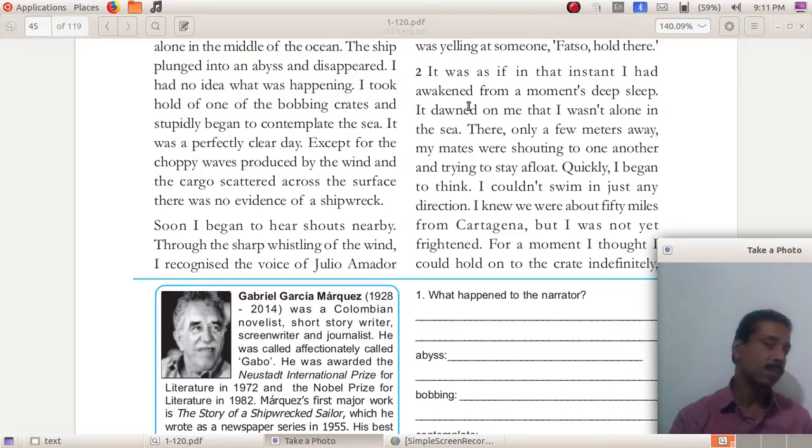In the first paragraph he thought that he was utterly alone. Then he could hear the sounds of his friends from a distance. He understood that he was not alone. There were his friends a few meters away, and those friends were shouting to one another, and they were trying to